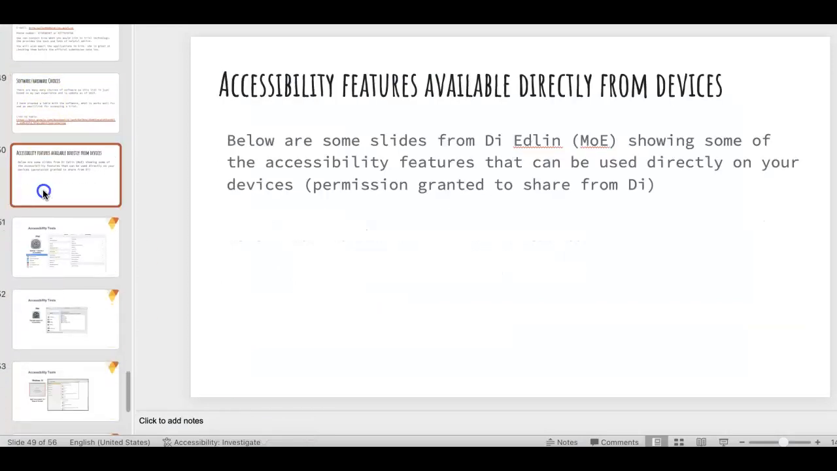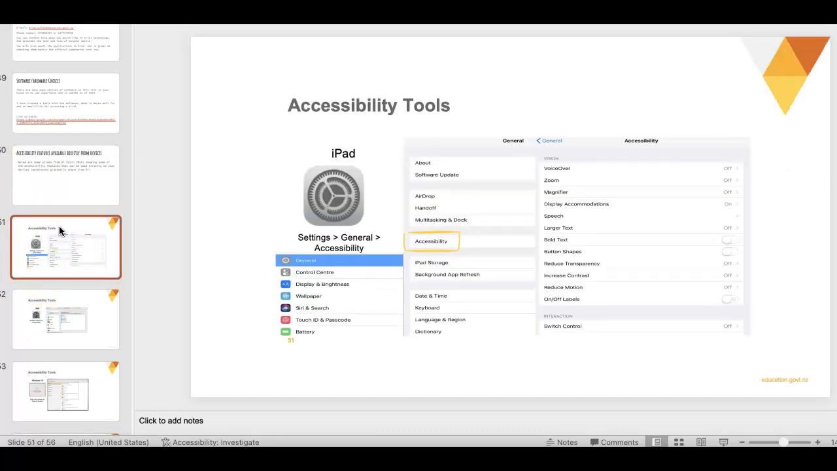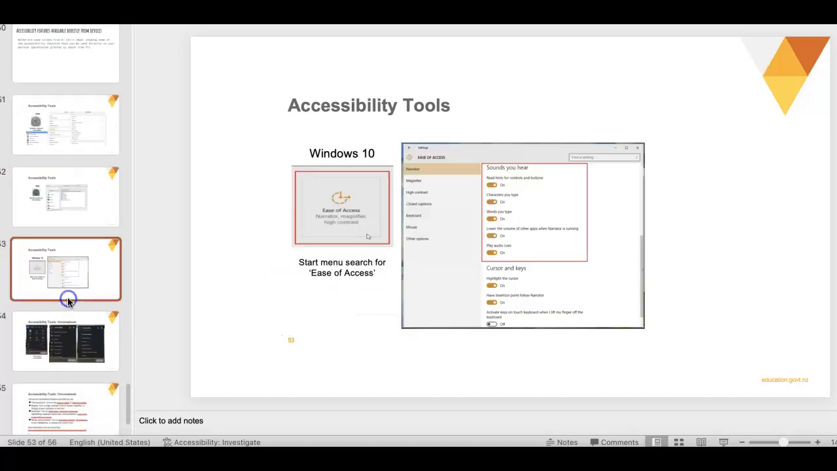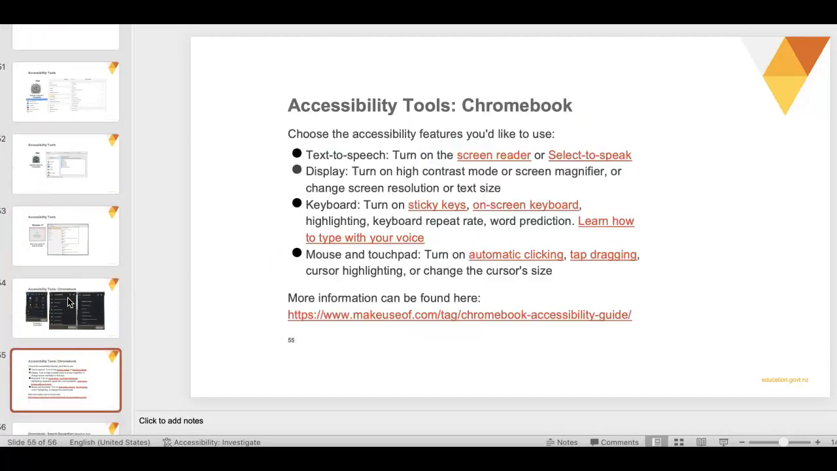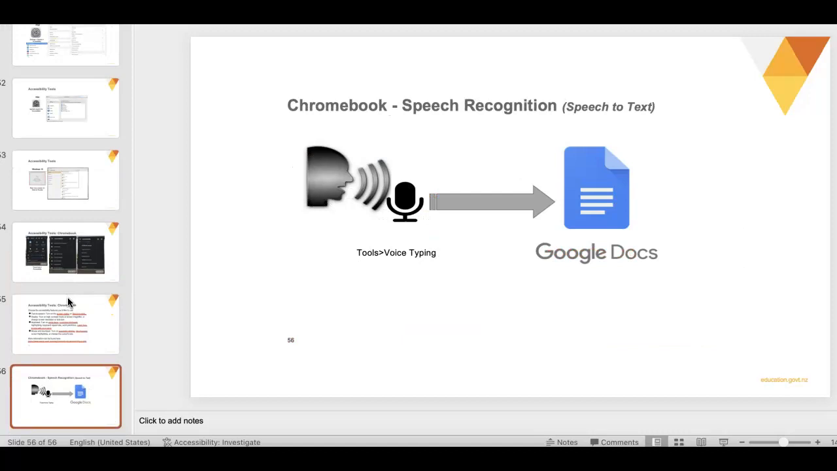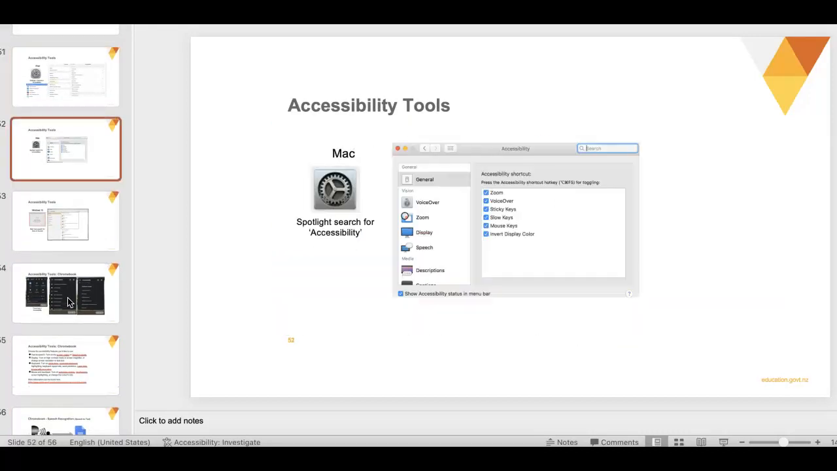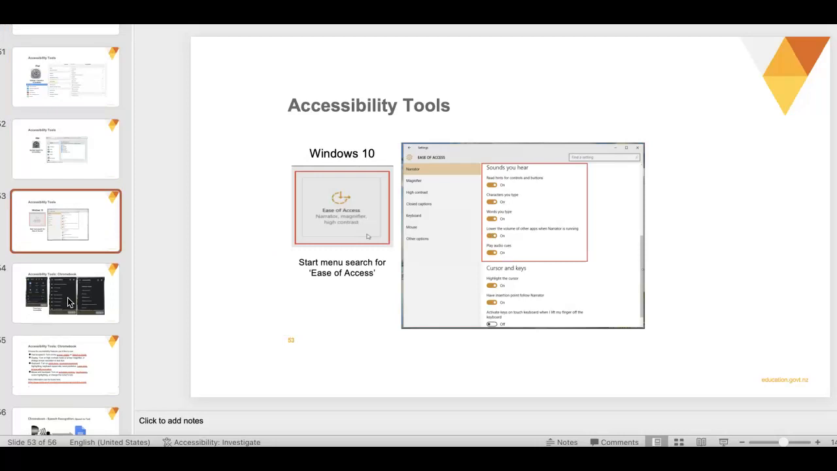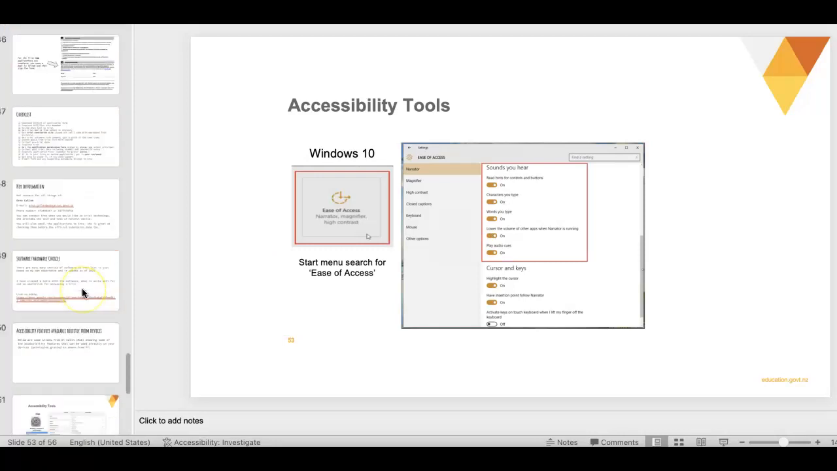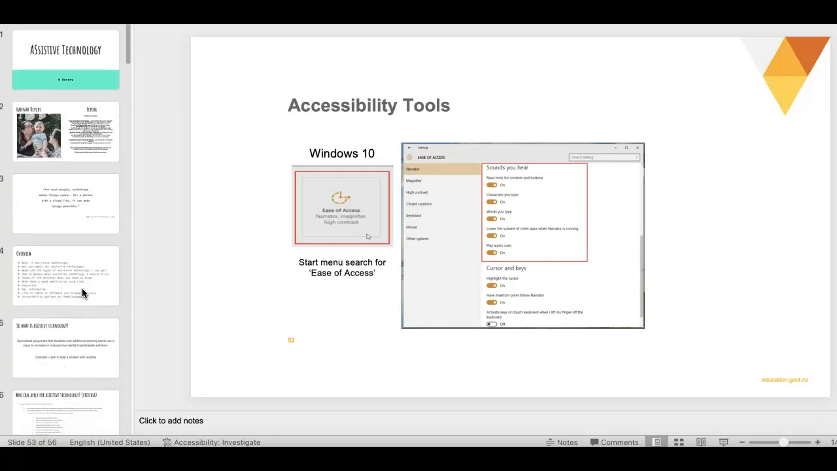And then Di also talked to me about the accessibility tools that are already on your iPad or already on your Chromebook, and so I've just added, these are actually her slides, but she said I can add them in to this PowerPoint as well, just as some additional. But again, this is a work in progress, so I'll continue working on this as I go through and as I use different pieces of assistive tech. But yeah,